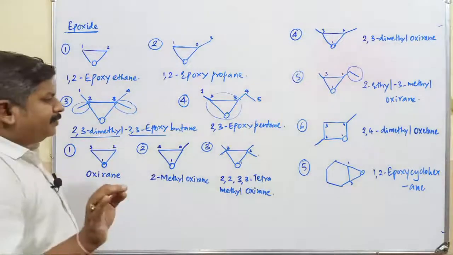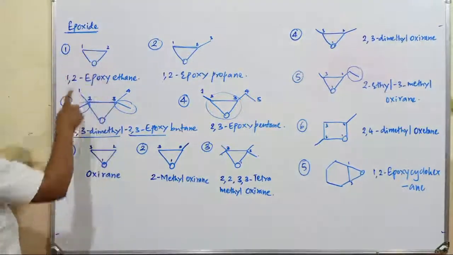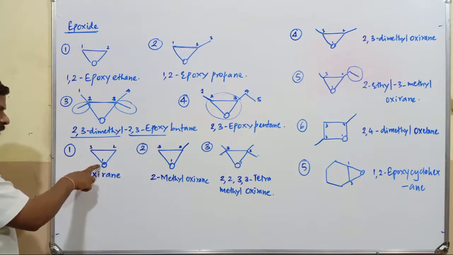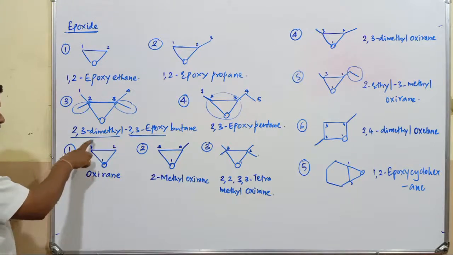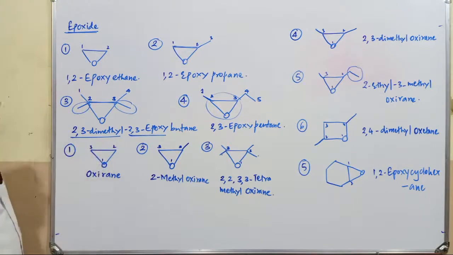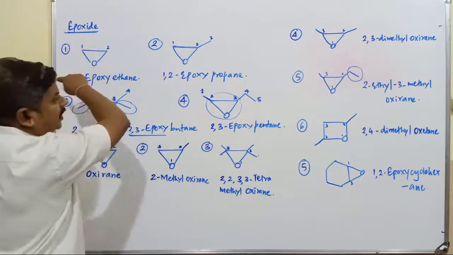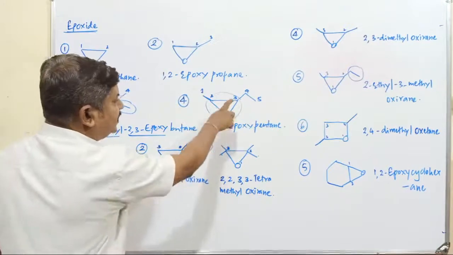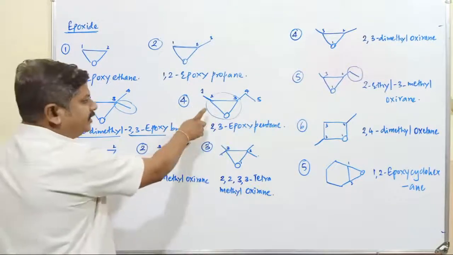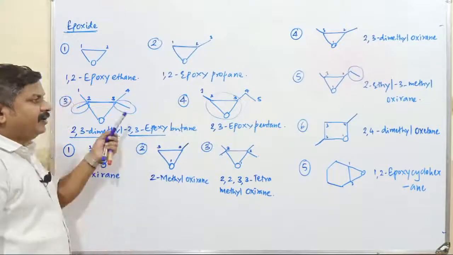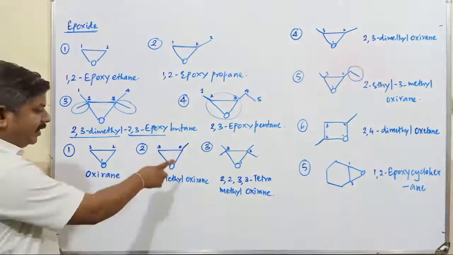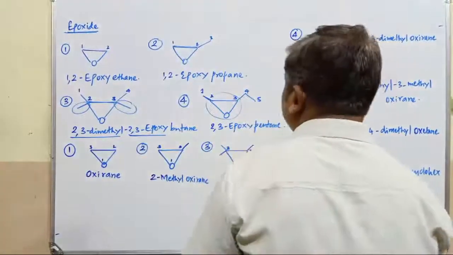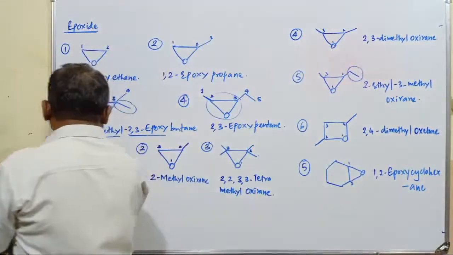So one simple thing, the difference between epoxide and oxidation method is that in oxidation method, numbering should begin with the oxygen atom and only those carbon atoms which are attached to oxygen must be numbered. But in case of epoxide method, we have to take the longest chain of carbon atoms without considering oxygen atoms. So this is the nomenclature applicable for cyclic ether compounds either by using oxidation method or by using what? Epoxide method.